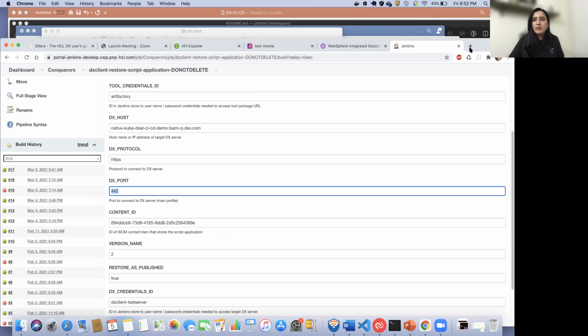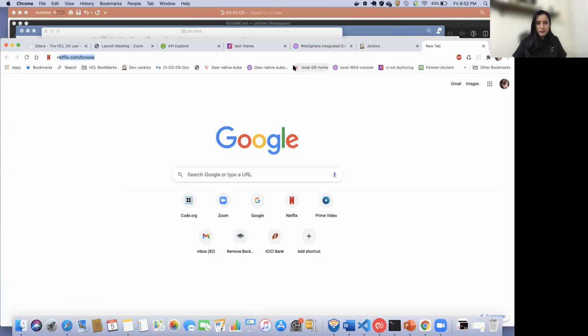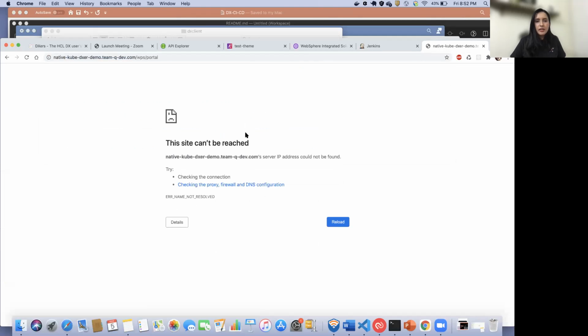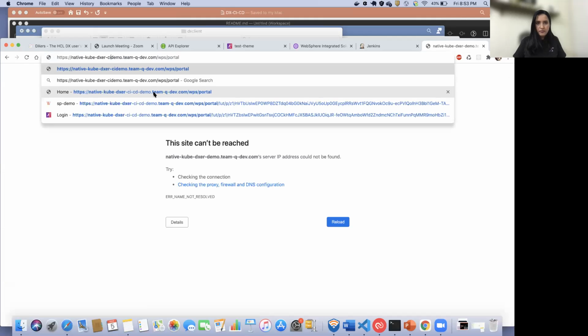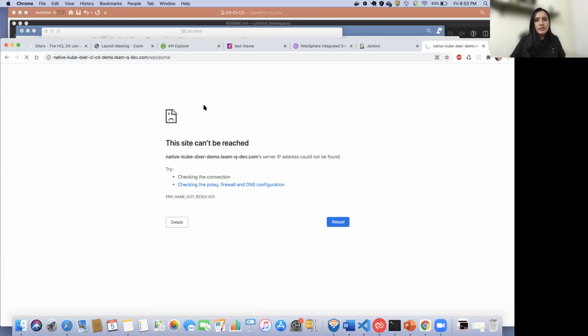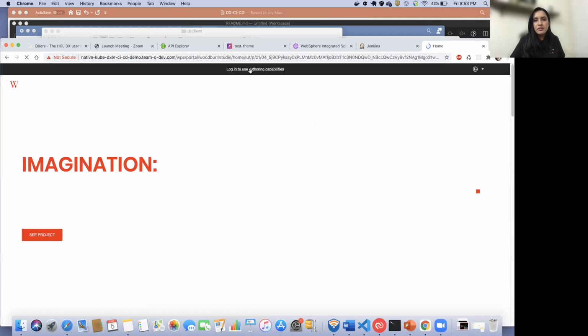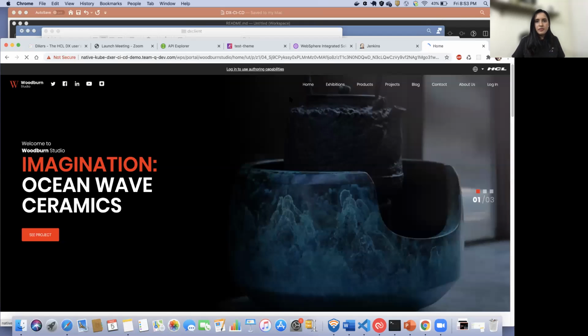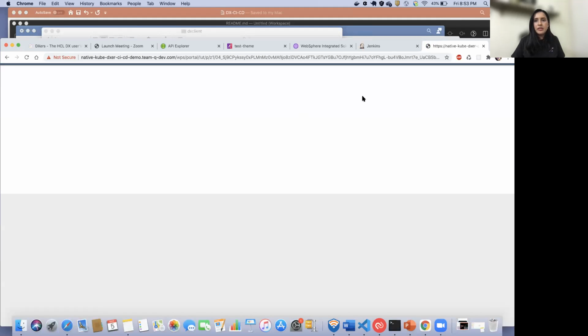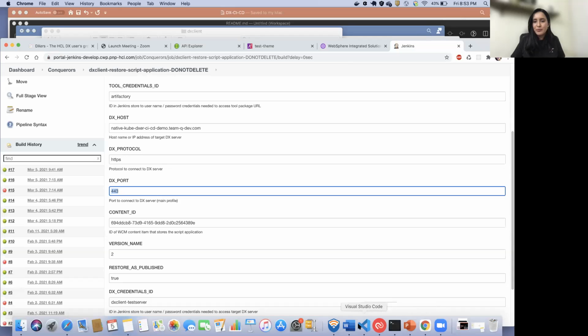So here I will just log into that native Cube environment. And let me try to see if I can view the script application that I had put earlier, so that we can try to, there seems to be some Chrome issue. Okay, I will just open it in Firefox.